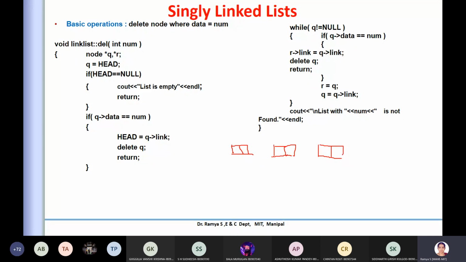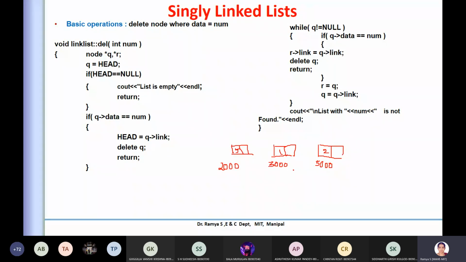Any data can be fine, I'm just taking a random value here. But the address has to be kept here, say 2000, 3000. Don't worry why I'm taking only these values, it is just to make it easier. But what you have to understand is that it is not continuous allocation.